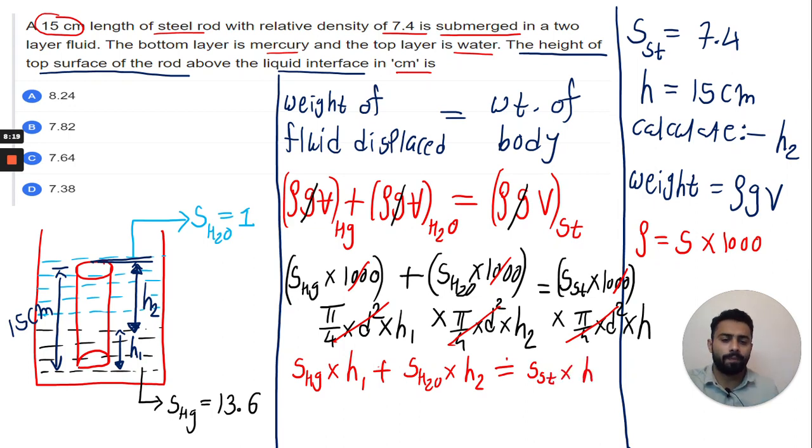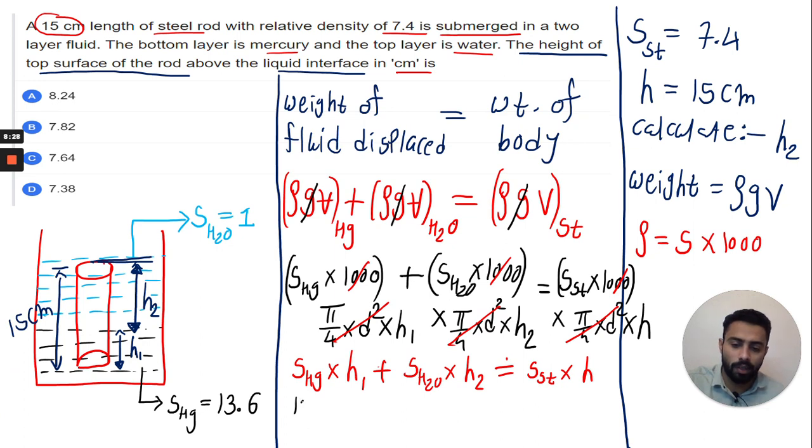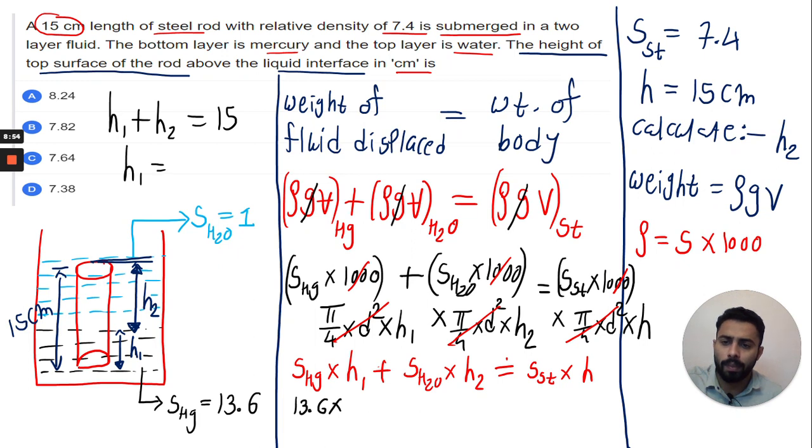Now what we will do, we will substitute the values one by one. What is specific gravity of mercury? It is 13.6. Okay. This height H1, we need to calculate H2, so we will replace this H1 in terms of H2. How can we replace this? If you remember, what is the total height of the cylinder? It's 15 centimeter. Can we write something like this? H1 plus H2 is equal to 15 centimeter, or H1 will become 15 minus H2. So this H1 will become 15 minus H2